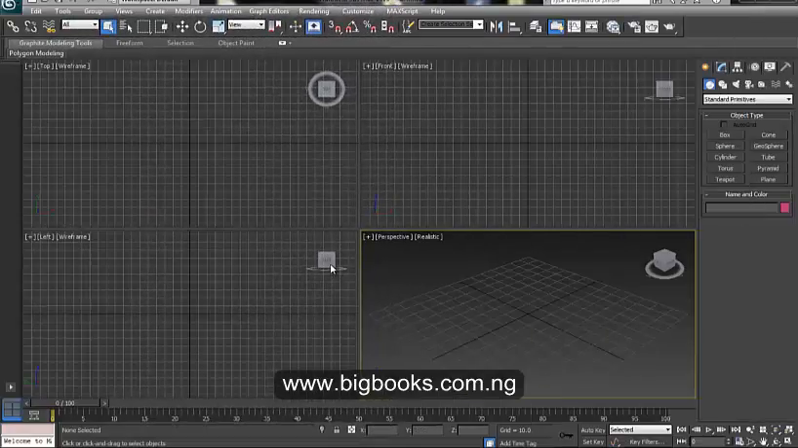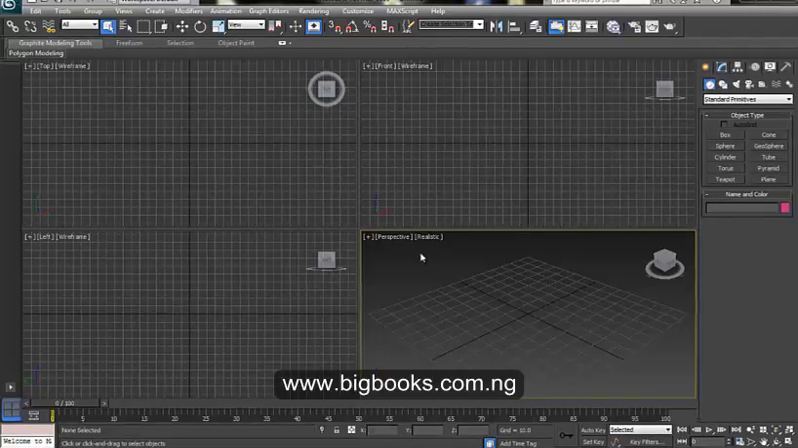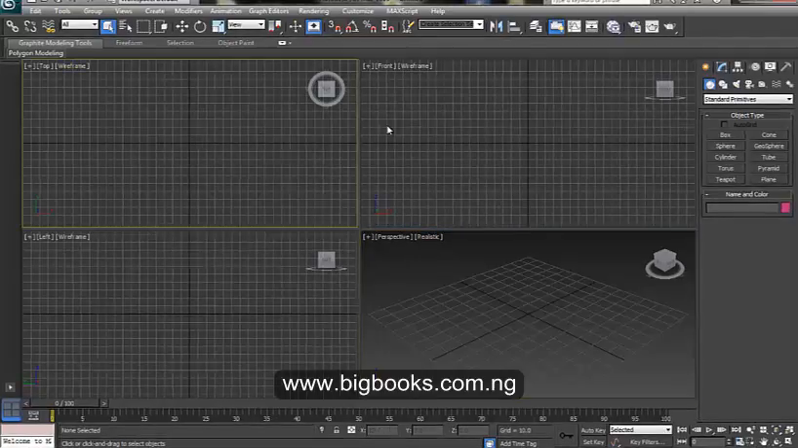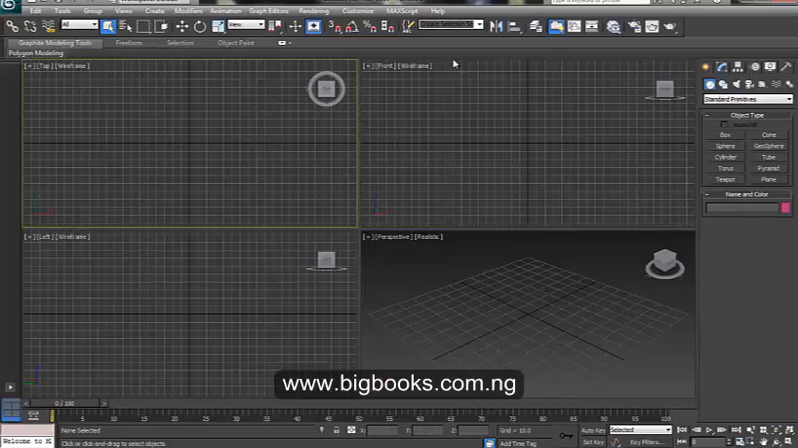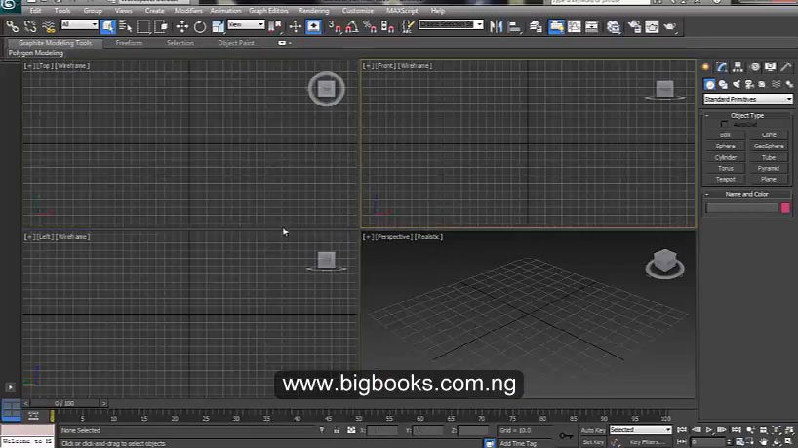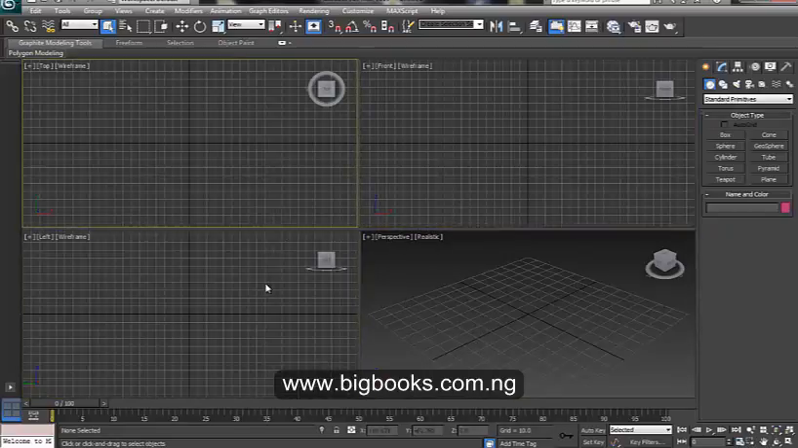Alright, for this video tutorial, I'll focus on basic stuff in 3ds Max. First, you can see that I have a 4 tile screen. I have the top, the front, the left, and perhaps the perspective. So what I want to do now is maximize each of these views in